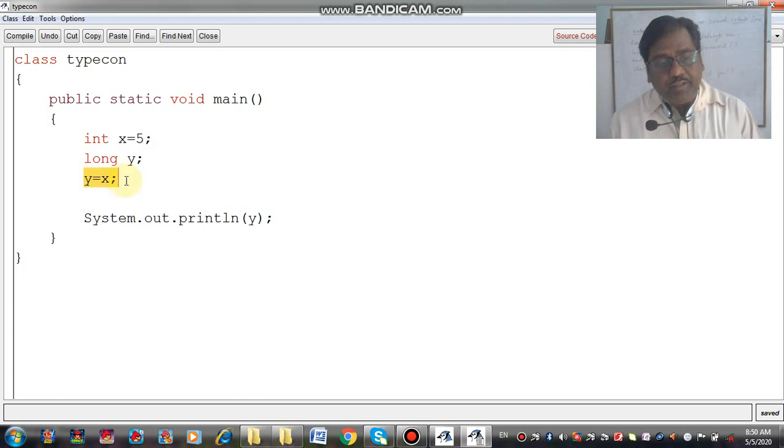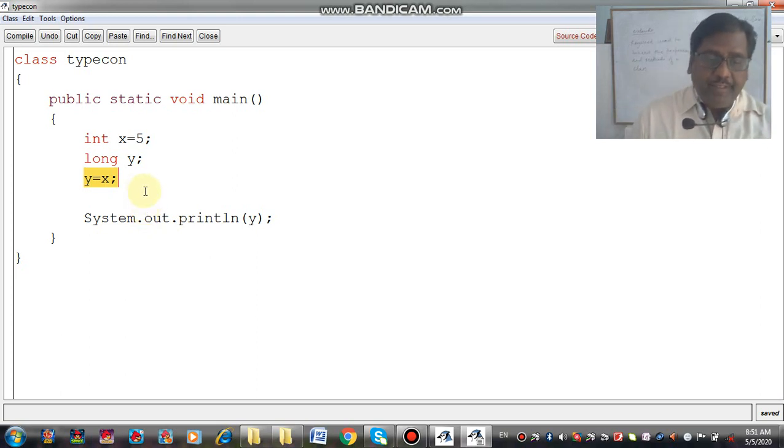So when you are storing y equal to x, is it possible? Yes, it is possible automatically. Why? It is a larger data type and x is a smaller one. Whenever this is the situation, the value will be transferred automatically by the compiler. That means that will work and y will contain the value 5, and the output will be 5.